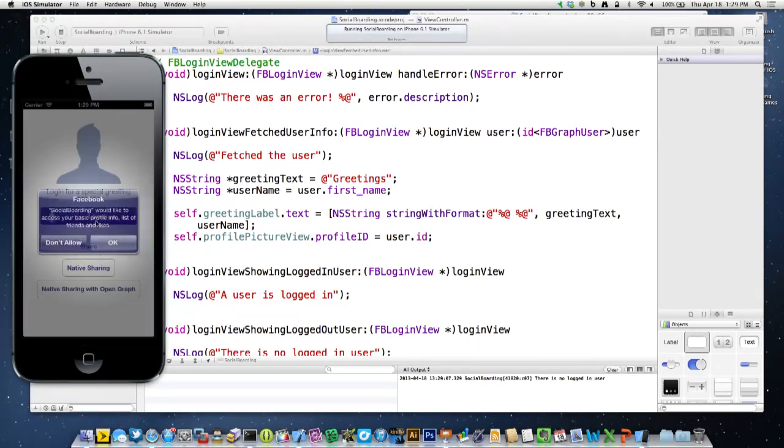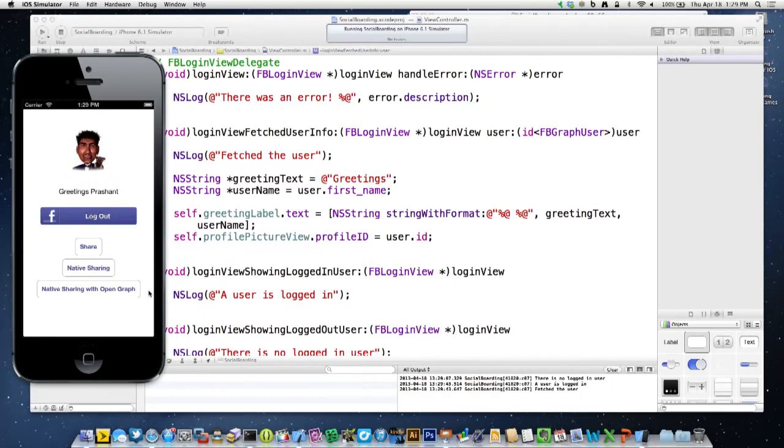So we'll just go ahead and log in here, and I'll say OK. And you can see we've fetched my profile photo from Facebook and my first name, and we've just gone ahead and posted it to the label. So pretty easy. Again, 2 lines of code. All you have to do is add that to view-did-load, implement the delegate, and you're ready to go with Facebook